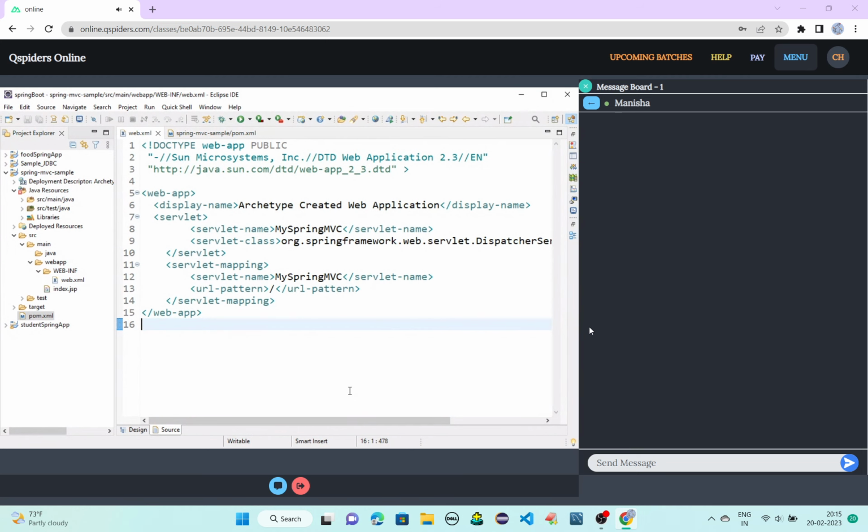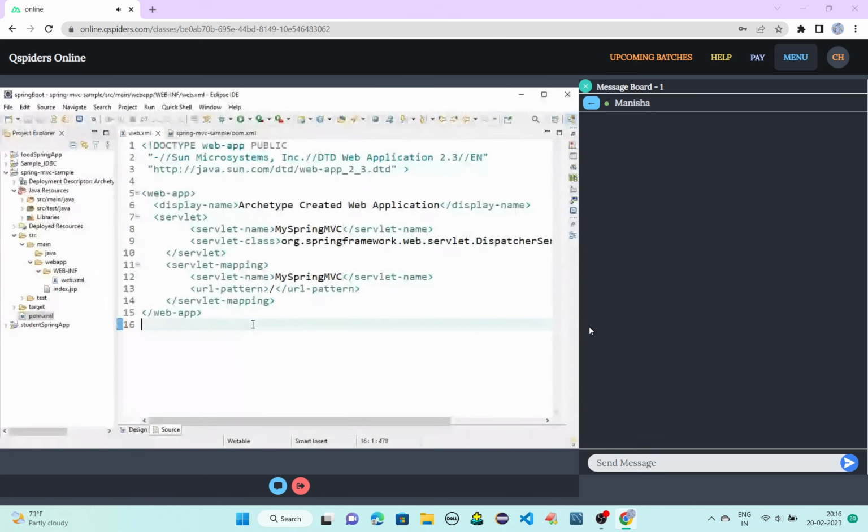Now we need to tell Spring that from this particular package, I will be mentioning all the controllers. I'll create a controller and all those controllers are present in this particular package. Your base package configuration, which we have done similarly here also in MVC, you need to do the package configuration, base package configuration, your sub package configurations.